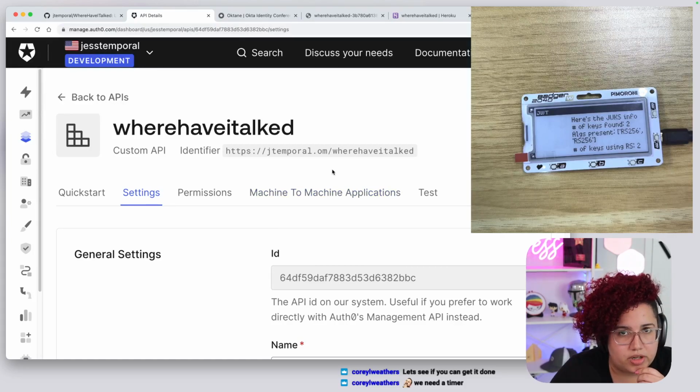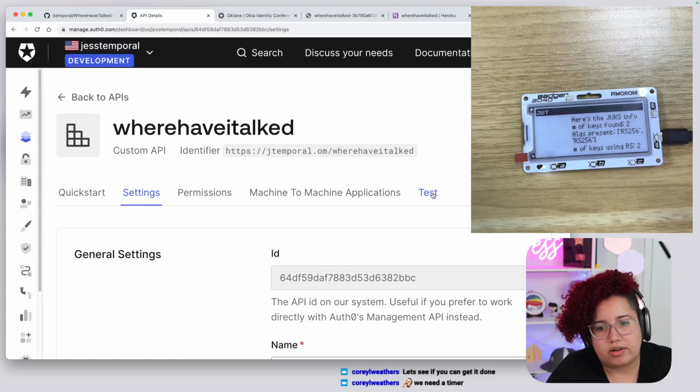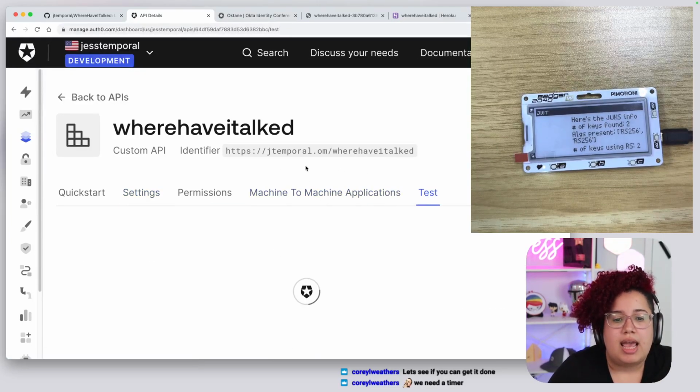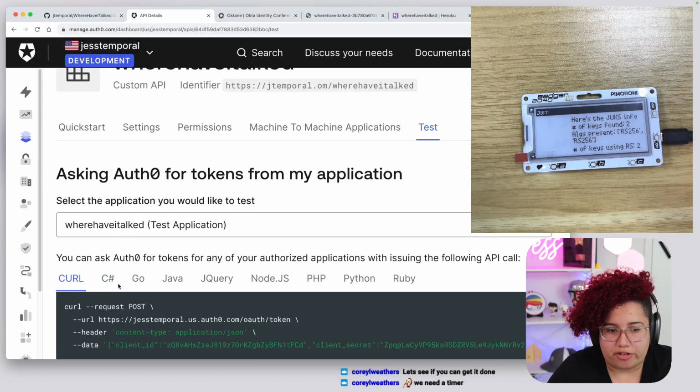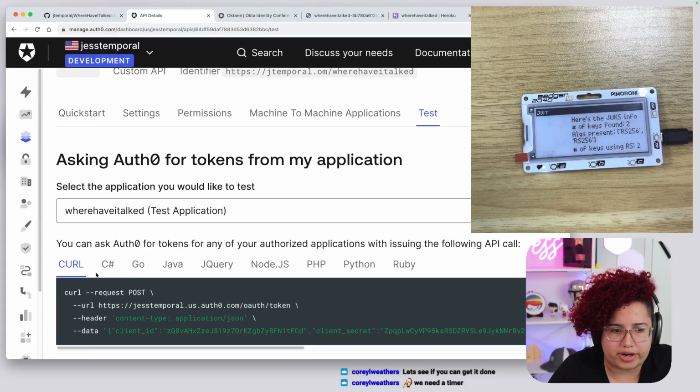So for example, one of the things that I do when I'm testing things out is I come into the test tab, and here I can see code in various options, you know, JS, PHP, Python, everything you can think of, and it's your URL of how to get access tokens for that given API.